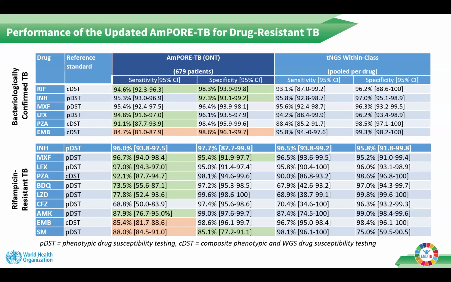What I'm showing here are the tables that compare the Ampore TB performance in the dark blue columns with the TNGS within-class pooled performance across the initial products that were first in class, for both bacteriologically confirmed TB in the table on the top and rifampicin-resistant TB in the table on the bottom. The Ampore TB drug sensitivity and specificity values that are either equivalent or slightly improved compared to TNGS within class are highlighted green, whereas those that are slightly below the TNGS within class or are not comparable are